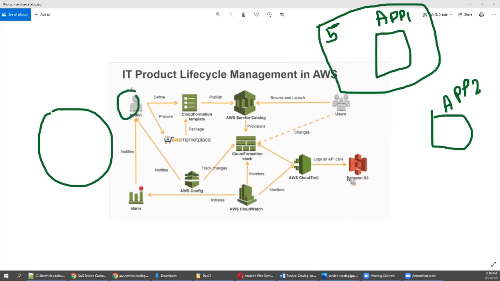So this is the admin. Say, for example, you are creating a template, say T2 micro, with some key pair, right? And you are allowing these users to access or provision only EC2. They are going to do only EC2, but you are also creating another CloudFormation template, and you are giving access with some more privilege for two or three more services, right? So you define it and place it in a portfolio and product in Service Catalog.